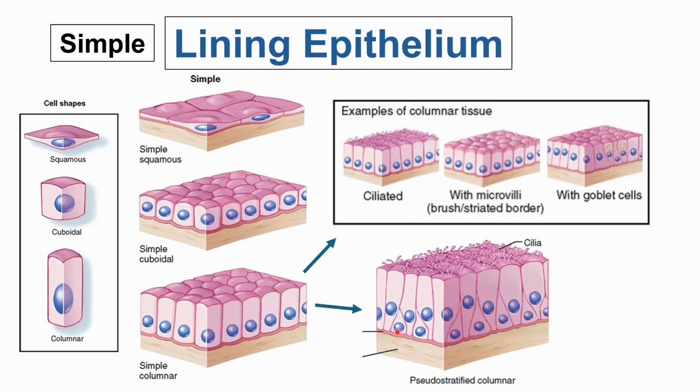This is so because some cells, such as this one, are not able to reach the apical surface, while some cells, such as these ones, are able to reach the apical surfaces. So, depending on whether they're able to reach the apical surface or not, their cell nuclei will be on a slightly different layer. Okay? Usually, this type of pseudostratified columnar epithelium is seen in areas wherein there is a need